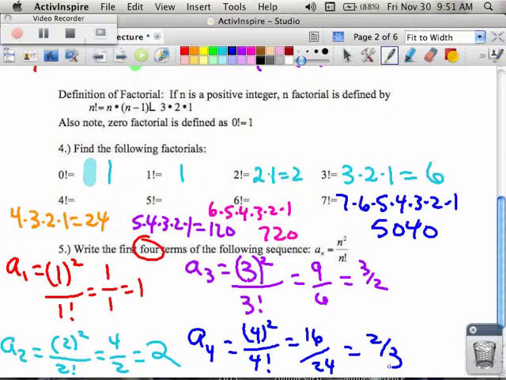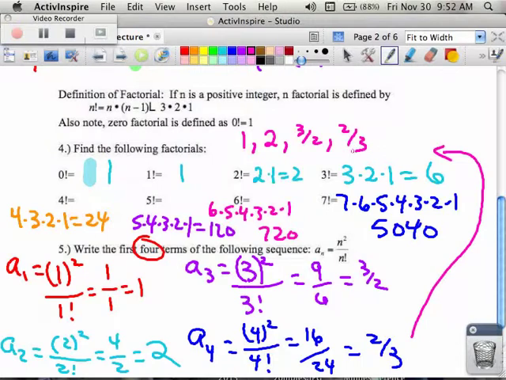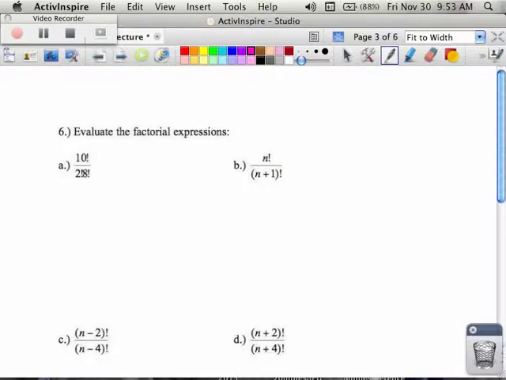Now, all of these sequences, like for example this very last one, as a final answer, you're more than welcome to write it as 1, comma, 2, comma, 3 halves, comma, 2/3. So if you like to write your 4 terms that way, that's fine. It doesn't say to write it that way, so if you write them out the way we just got done with, that's fine as well. In number 6, what we notice is we have a bunch of factorials, and